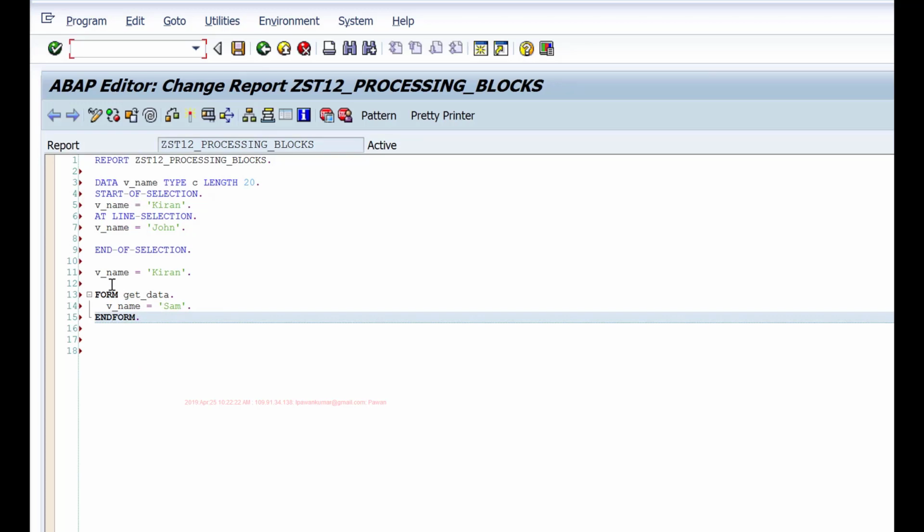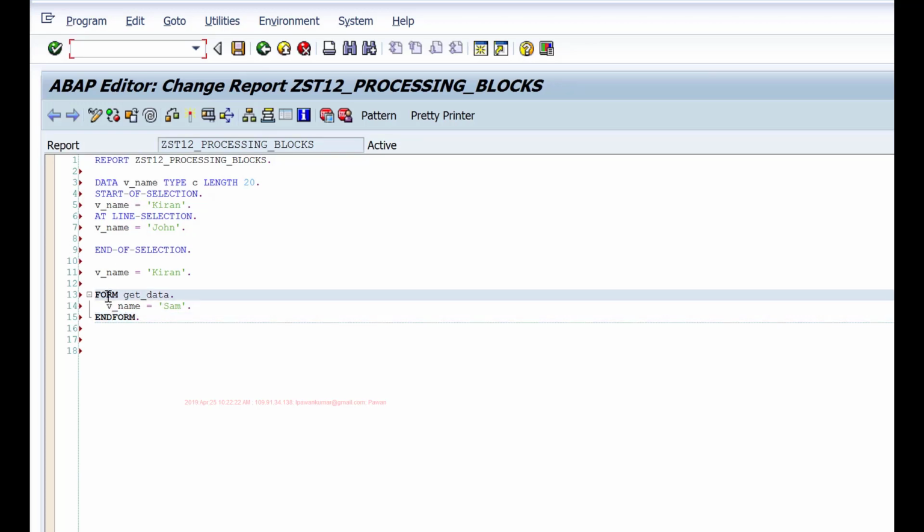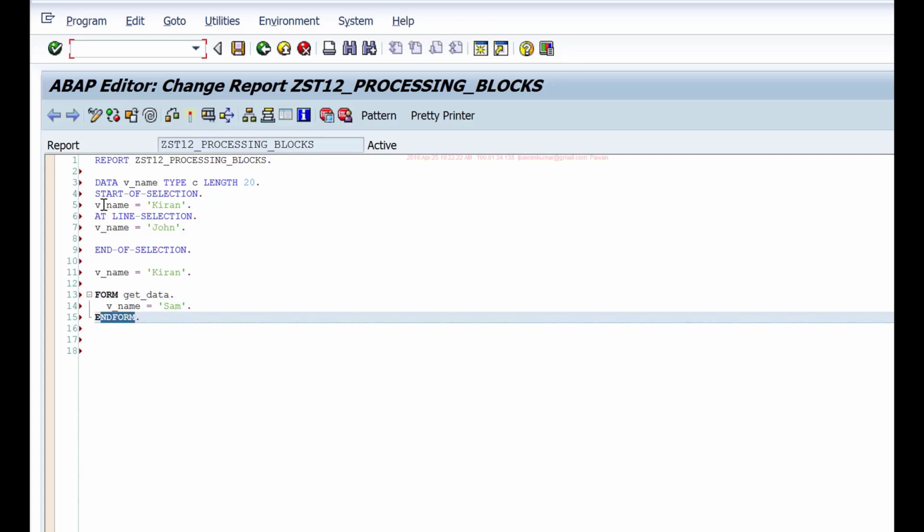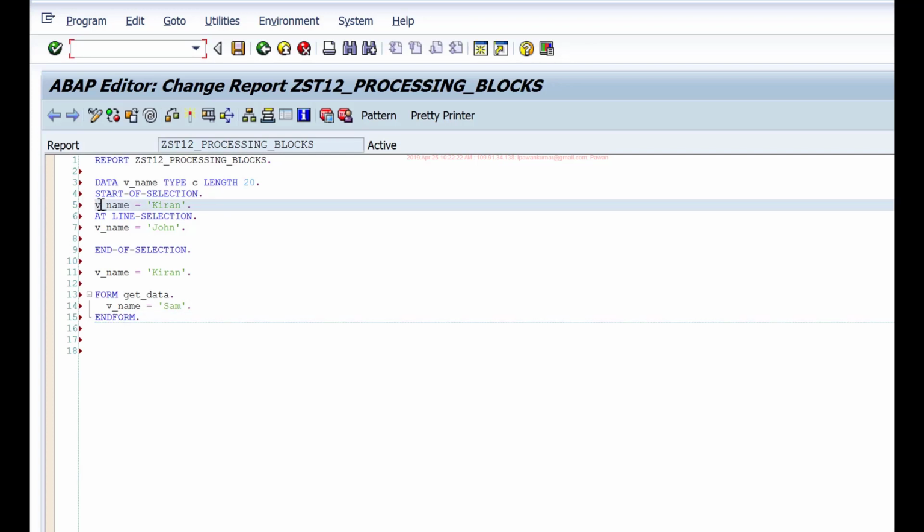These are procedures, so you have to end them explicitly by using an end statement, whereas for events, you don't have to. It automatically ends when you implement another processing block.